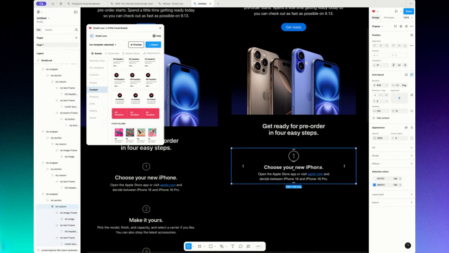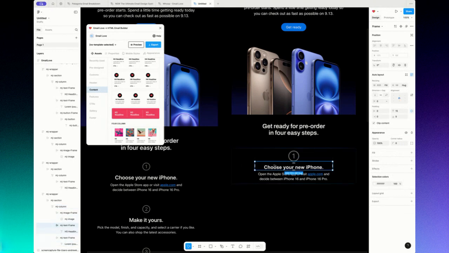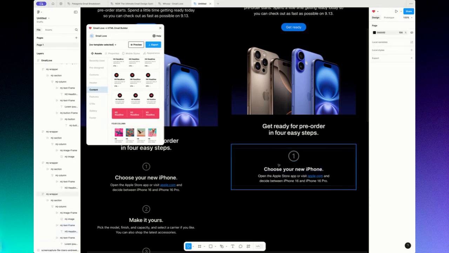Now I think there's a bit more space. So again, if you want to add padding, it's best to select the component, then use the auto layout feature on the right hand side. Okay, there we go. So now we've built this section,